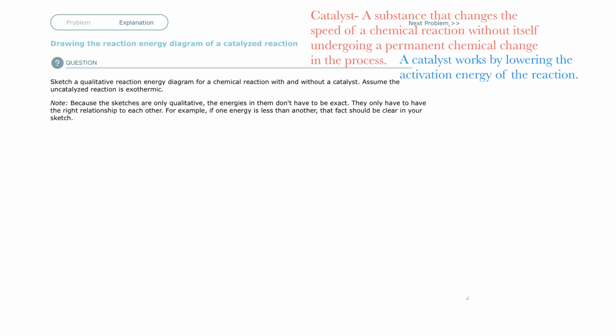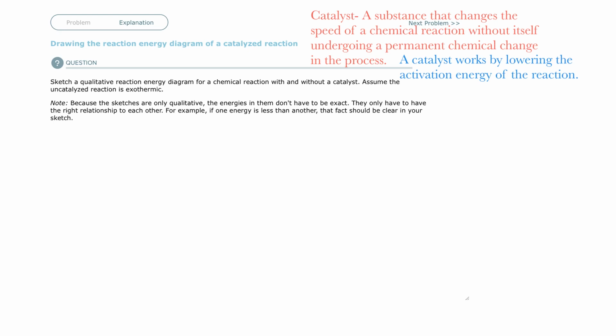Welcome back. This is an Aleks training video on drawing the reaction energy diagram of a catalyzed reaction. So I've given you the definition here of catalyst. A catalyst is a substance that changes the speed of a chemical reaction without itself undergoing a permanent chemical change